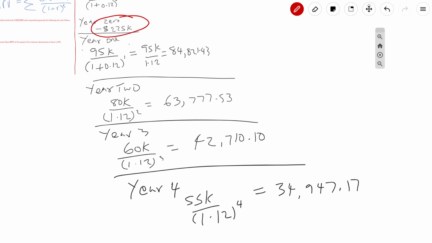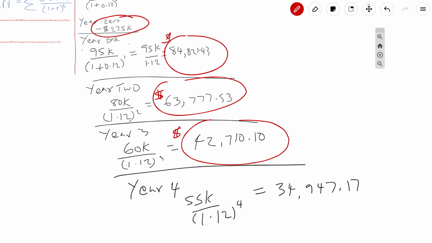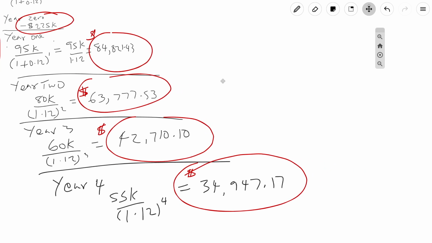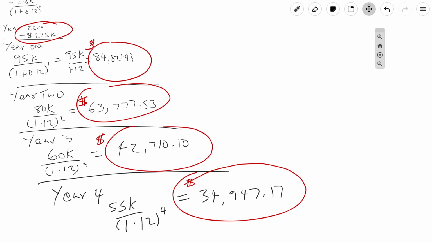225, this amount. Remember, it's all dollars. Don't forget your dollar signs. These are all dollars. You add all of these up meticulously, and when you add all of those up, your 225,000 investment will very quickly be cancelled, obviously, but you end up having an NPV